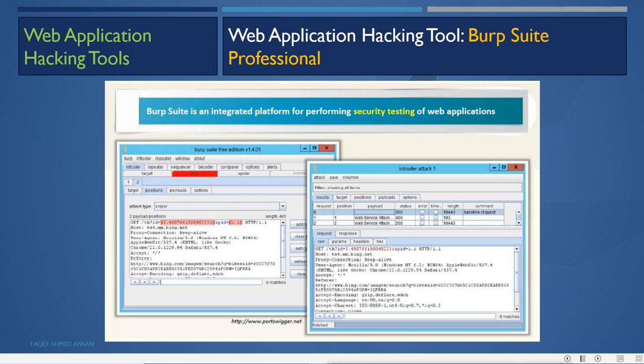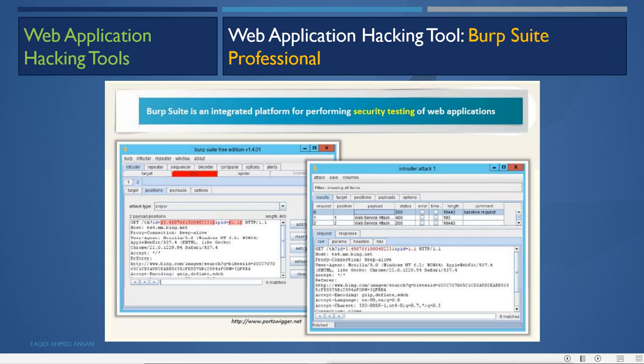What does this tool do? It acts as a proxy, and it tries to grab all the GET and POST requests from the client and all the responses coming from the server, and it shows those requests and responses in detail, and also gives the option to edit them.